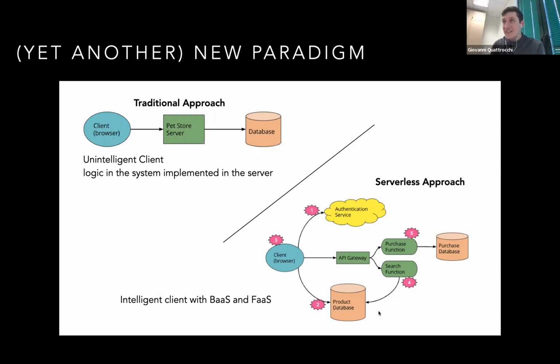We don't know how these are deployed. We don't know how many resources are allocated to them. We simply use it, in the case of a database, to read and write data. So we write some data on the product database, or we read some data from the product database, and then we can call, for example, our functions, so a search function or a purchase function that could be connected to another BaaS database. So the idea is that we are moving from a very simple architecture to a more sophisticated one,